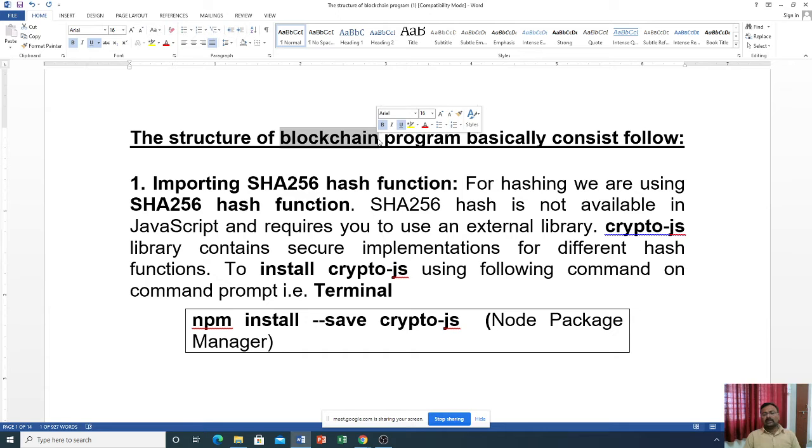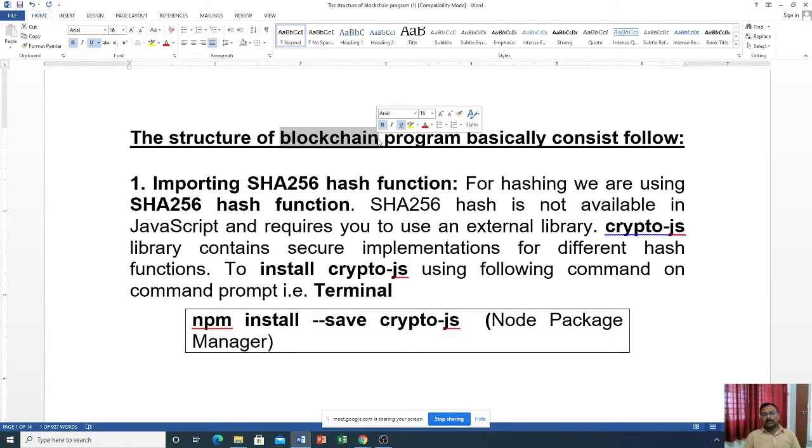SHA-256 hash is not available in JavaScript and requires you to use an external library that is known as the Crypto.js library. It contains secure implementations for different hash functions.